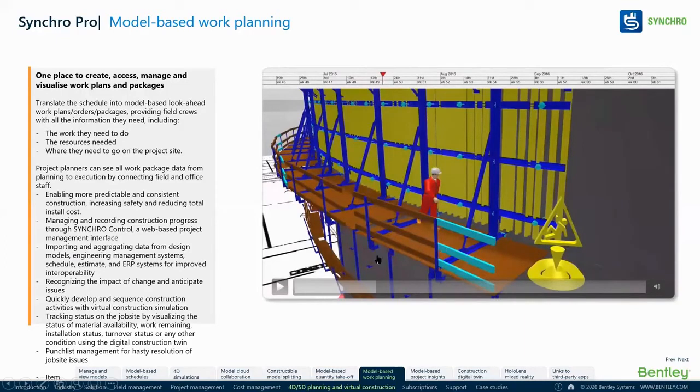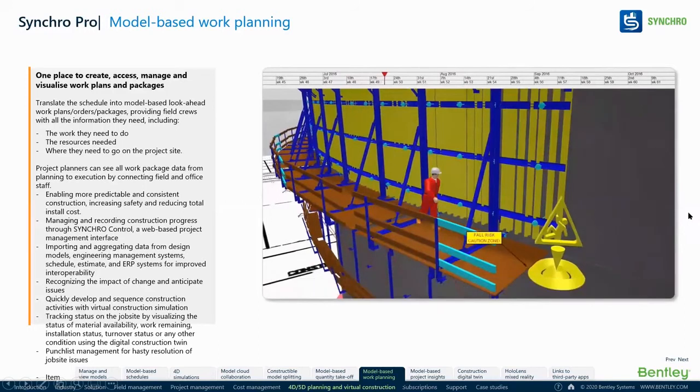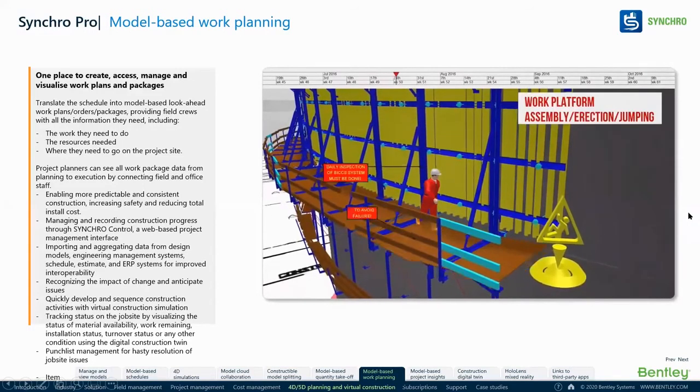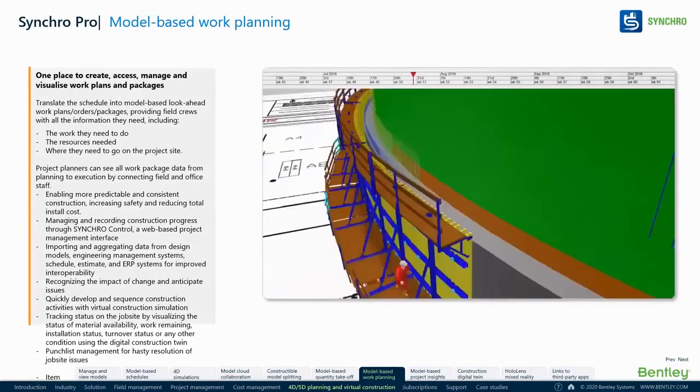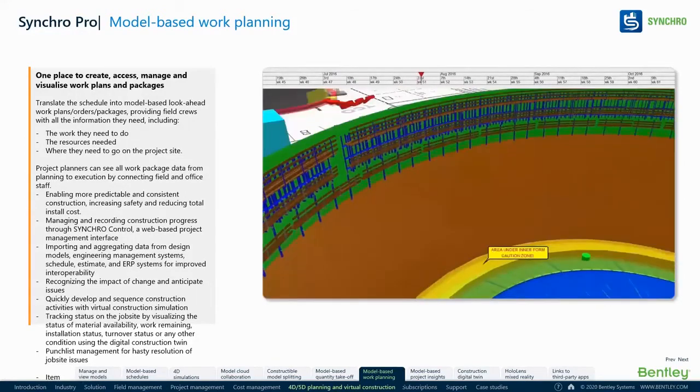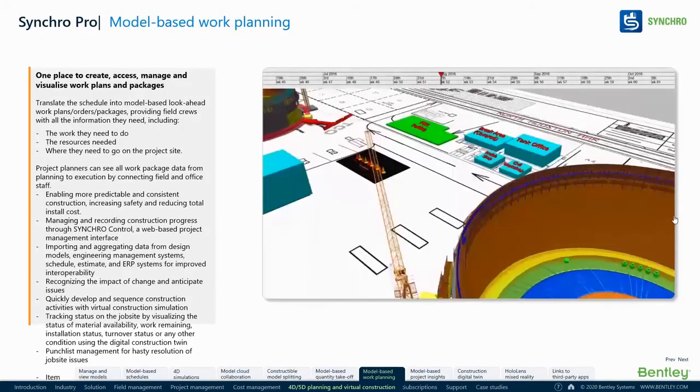So what happens? You can 4D visualize when the person comes over here onto the work platform and what happens to him. You can really understand that and communicate it to a health and safety officer who will be able to work on this.